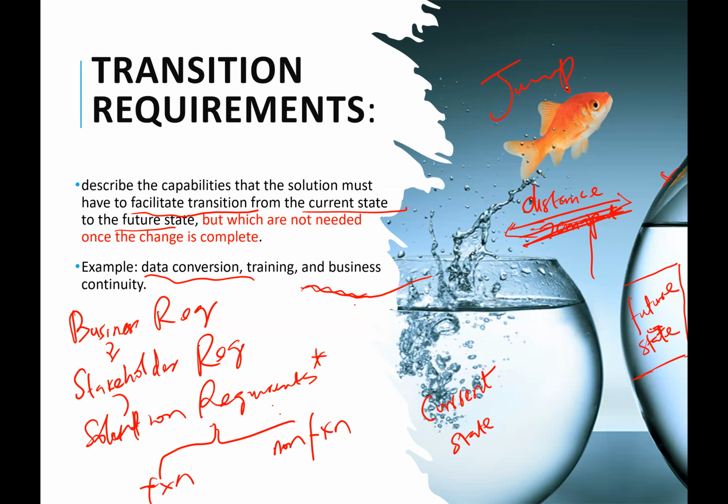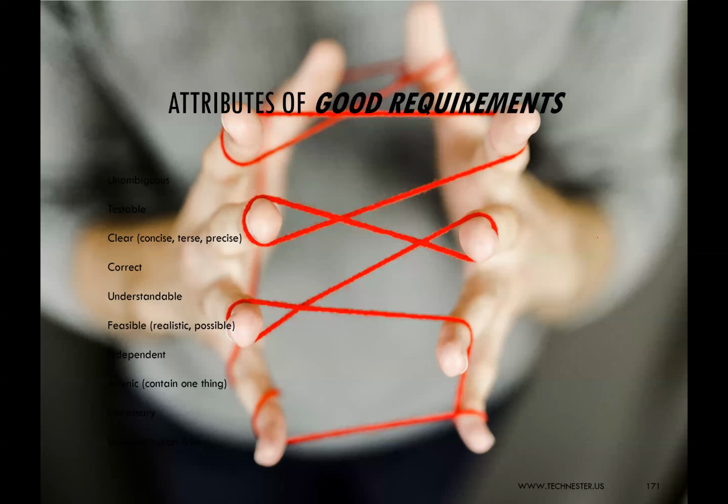Okay, so let's move on. Now, let's talk about the attributes of good requirements. Good requirements are unambiguous. They are clear. Unambiguity means clear, but there's a need to re-emphasize it. Unambiguous, meaning